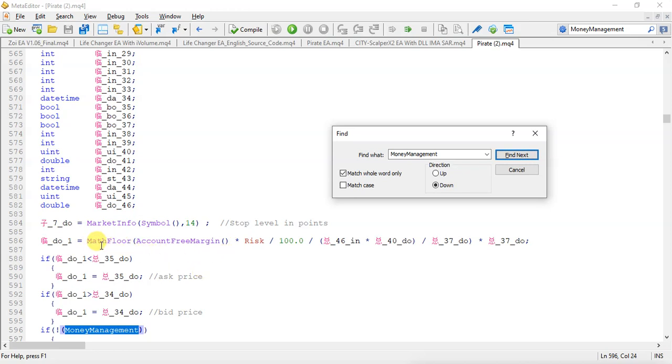This is the logic to calculate dynamic lot size: account free margin, multiplied by risk and divided by 100, and this value again divided by this variable multiplied by this variable. Let's explore